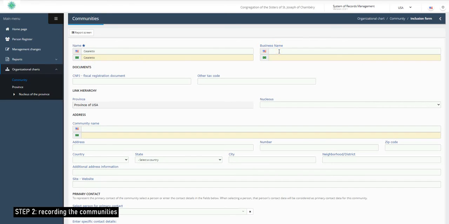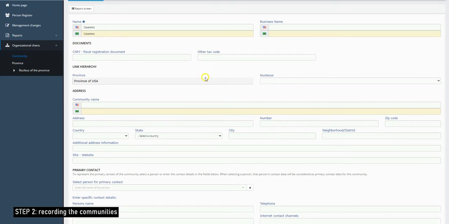Then business name, you can leave it except for those communities where there is a different institution. For example, there is a school, so you could record here the name of the school. But generally speaking, business name and fiscal number have to remain empty because they are only for the province. So you can jump here and in community name write the name that you would like to display,